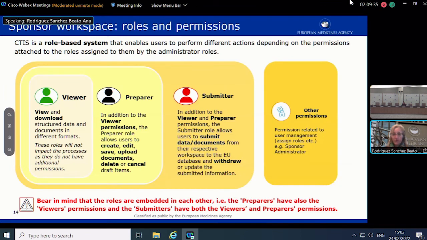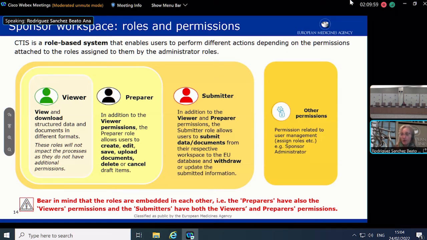And then here, finally, you have the possibility to view, prepare, and submit. So it explains more or less what the permissions are. If you are a viewer, what exactly you can do is view all structured data and download all the documents that have been loaded in the system.